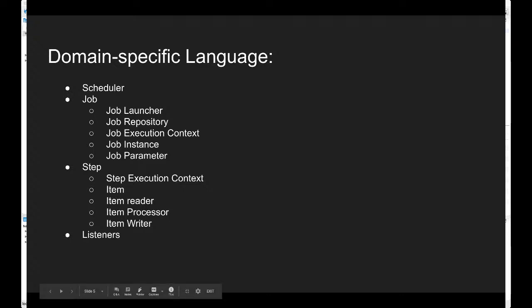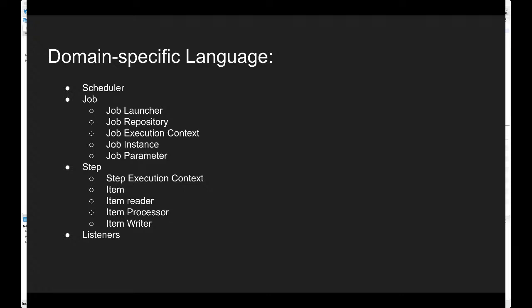The next term is step. Step is basically a part of a job, or you can say a job can be divided into multiple tasks, multiple steps. For example, let's say we have a batch process and we want to divide it per domain, like taking the backup, sending an alert, and so on. It could be anything. So a job can be further divided into steps. A step is nothing different, but just a part of a job, or a phase of a job. A job is basically a sequence of steps.